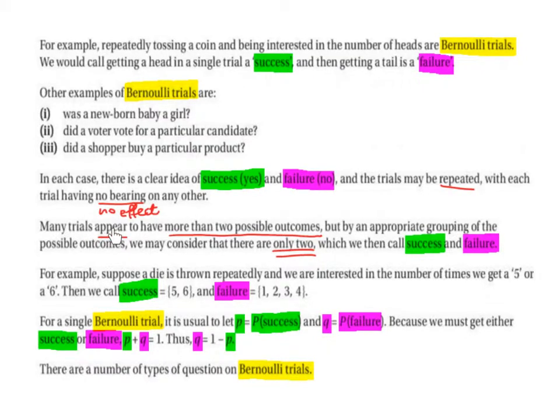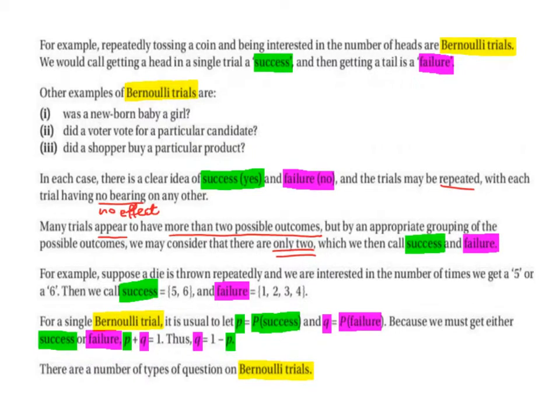Many trials appear to have more than 2 possible outcomes, but by an appropriate grouping of the possible outcomes, we may consider that there are only 2, which we will then call success and failure. For example, suppose a die is thrown repeatedly, and we are interested in the number of times we get 5 or 6. Well, you might say to yourself, there are 6 possible outcomes, so this cannot be a Bernoulli trial. However, if we call success 5 or 6 and failure 1, 2, 3 or 4, then it does become a